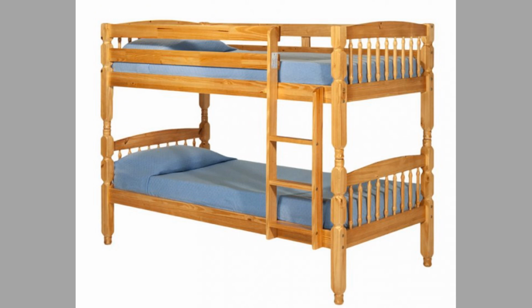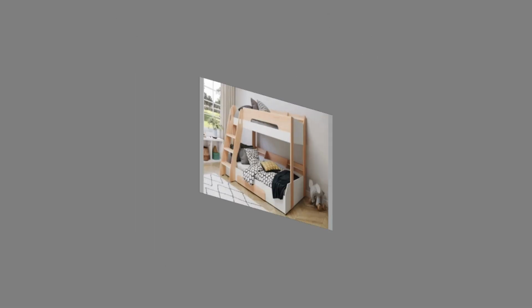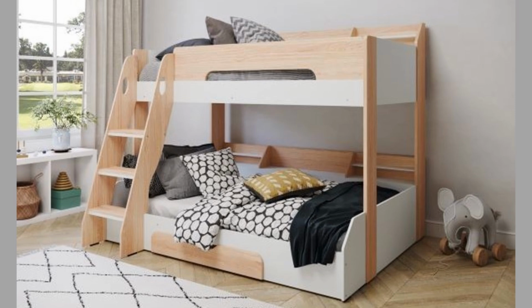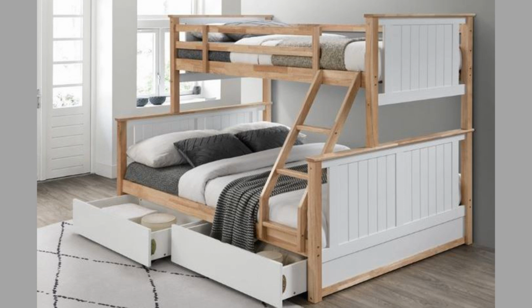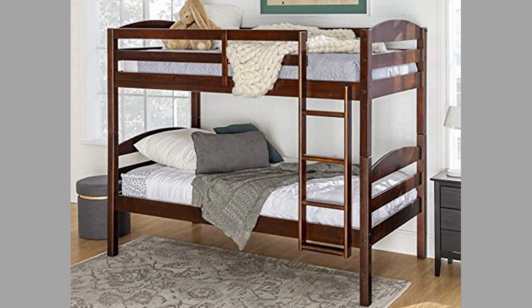For families with children, having a separate sleeping area can create more room for activities. With bunk beds, kids can have their own space to sleep while still leaving the floor clear for toys, games, and other activities. This can lead to a more organized and functional living space, making room for creative play and